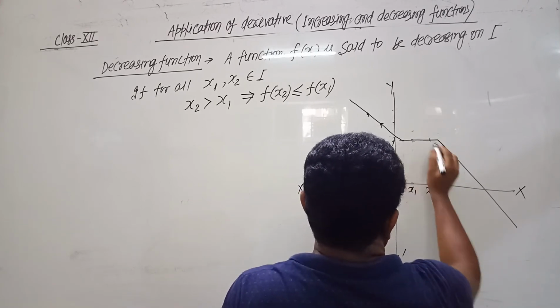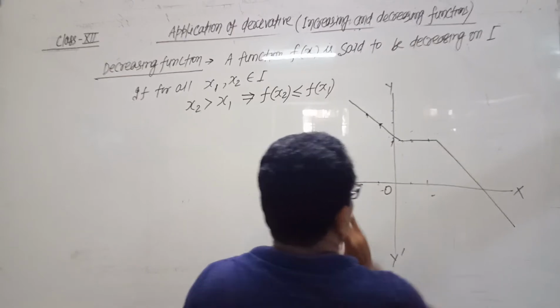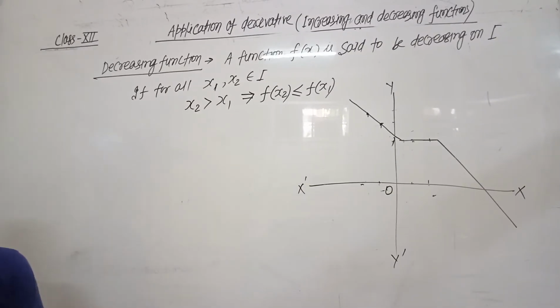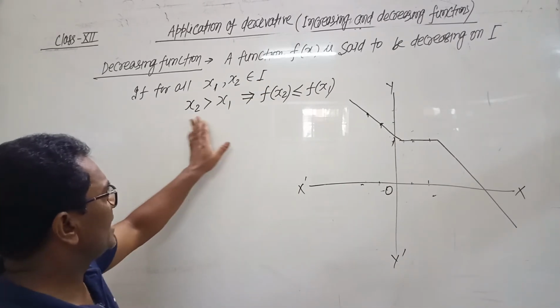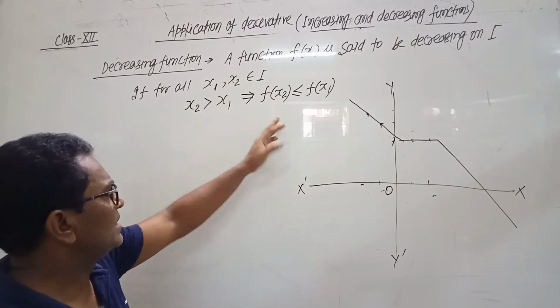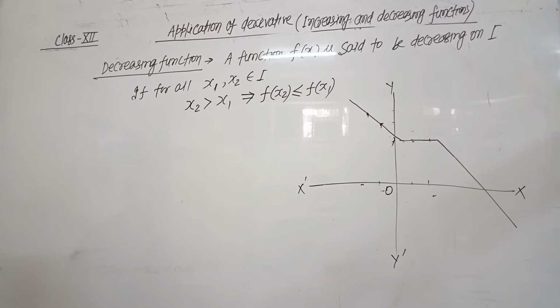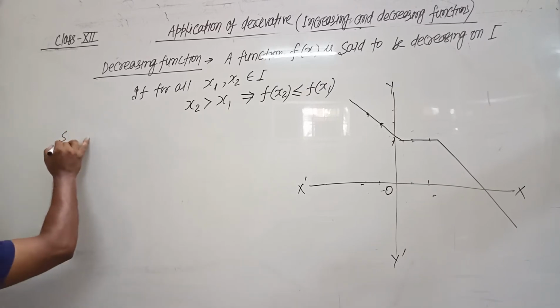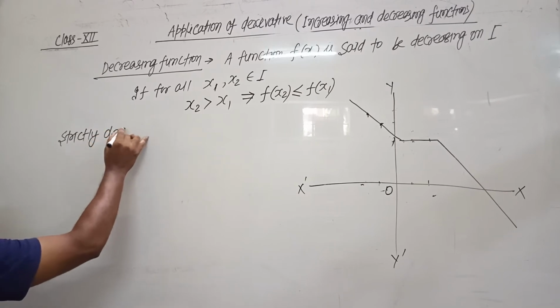So this is the graph of a decreasing function, and the definition of the decreasing function is for x1, x2 belongs to the interval, and if x2 is greater than x1, this implies f(x2) is less than or equal to f(x1). And for a strictly decreasing function,